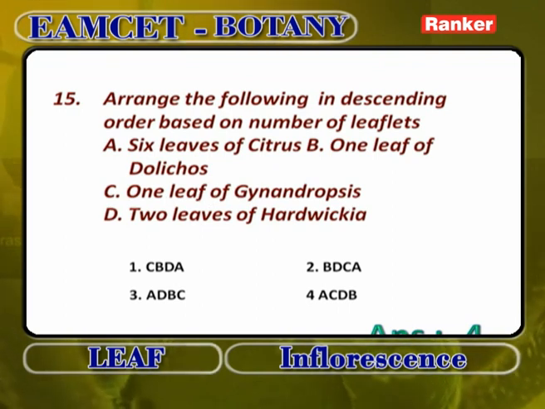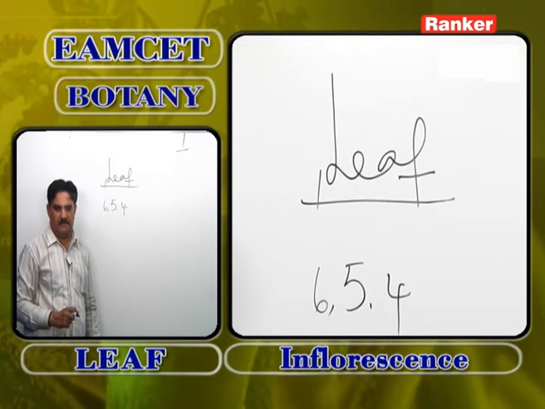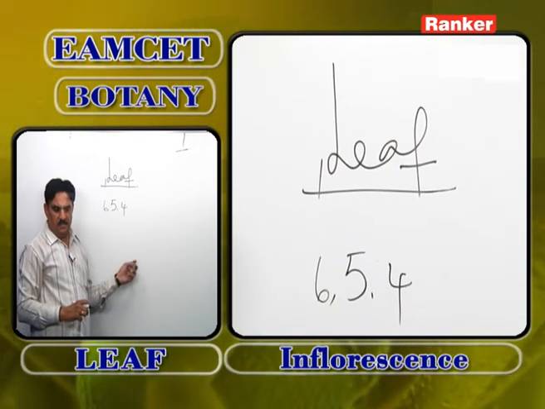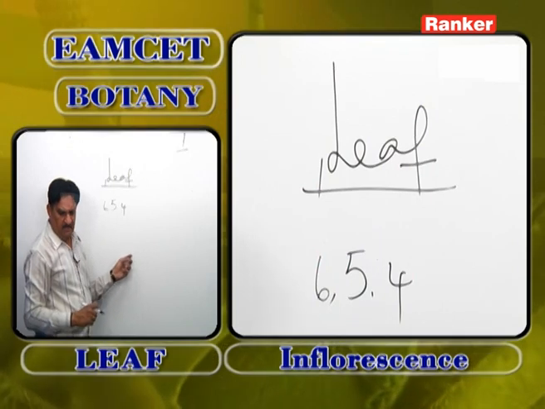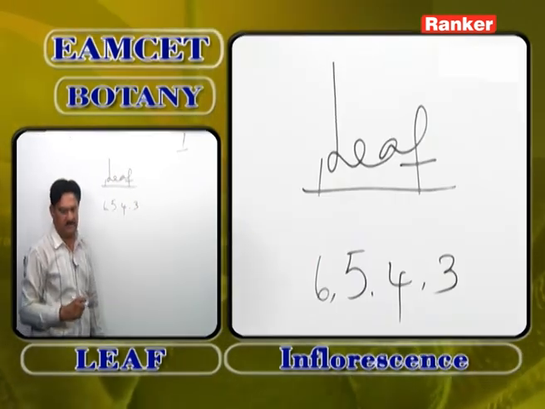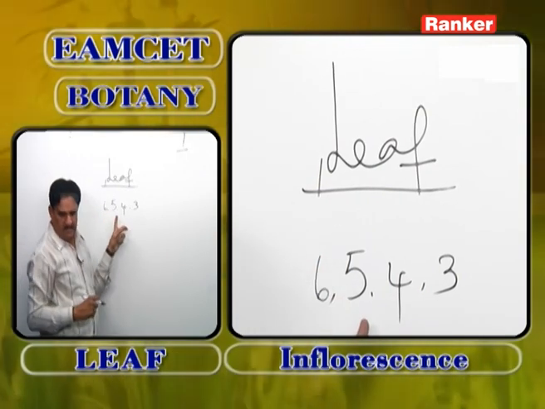Why? Because in Gynandropsis pentafoliately compound leaves are present. Then 2 leaves of Hardwickia is 4, because Hardwickia has bifoliately compound leaves. And last, 1 leaf of Dolichos is 3. So answer will be A,